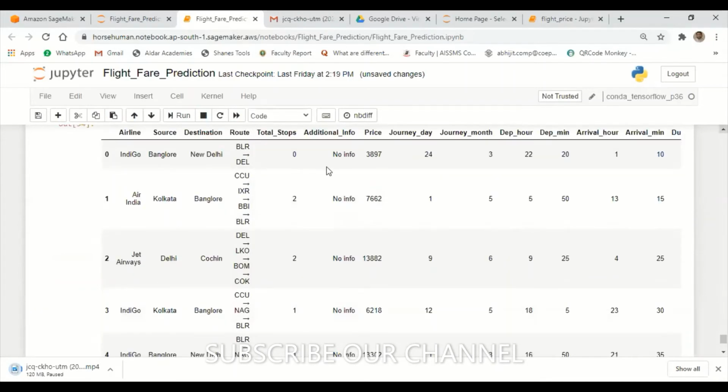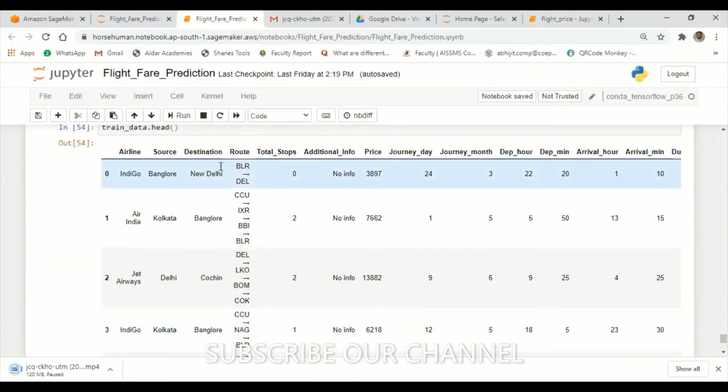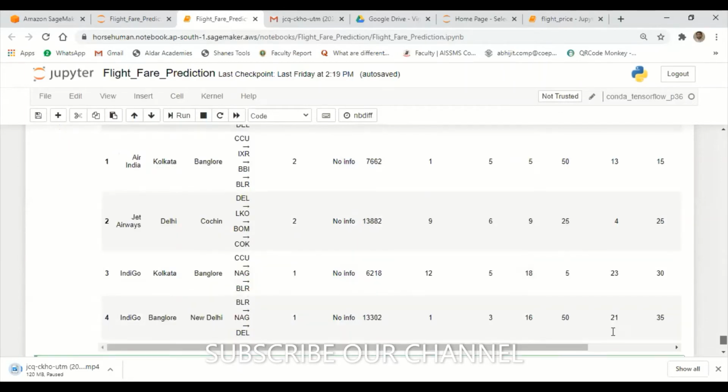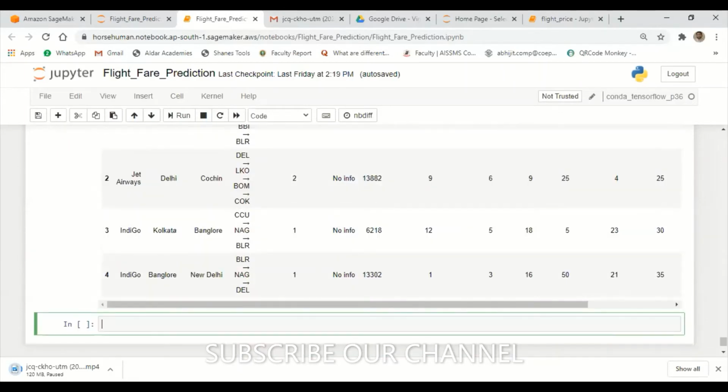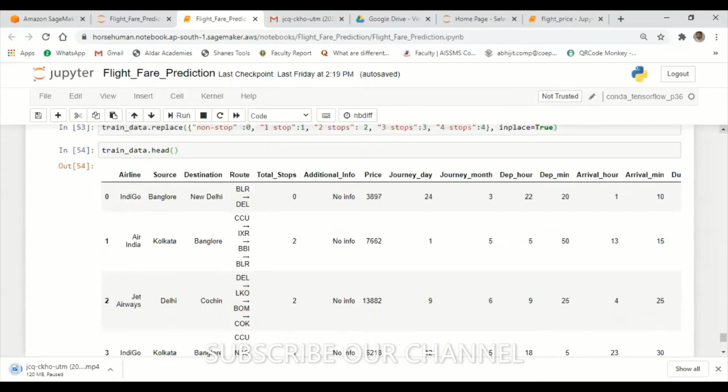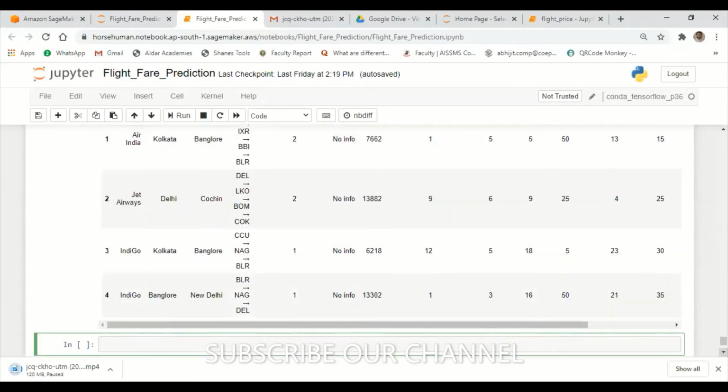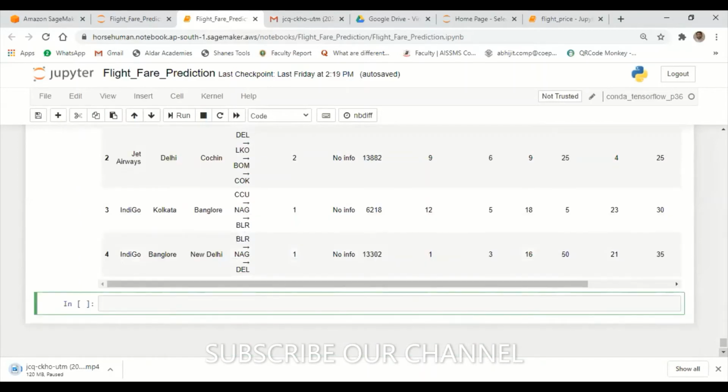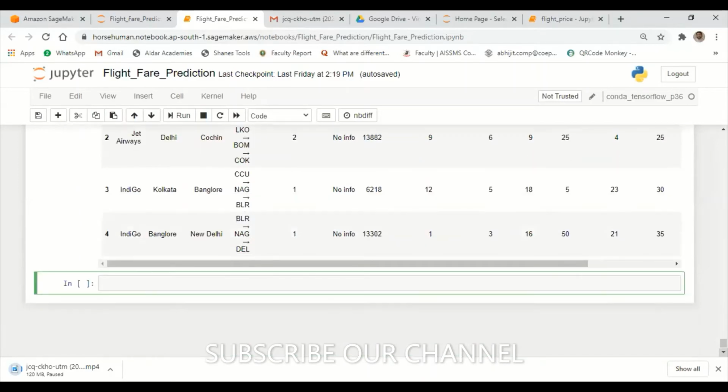This is over. Now I have this route and additional information. Let's see how to work on what type of data it is. Route type of data. Let's try to work on route type of data now. As far as route type of data is concerned, let's first display the route data.